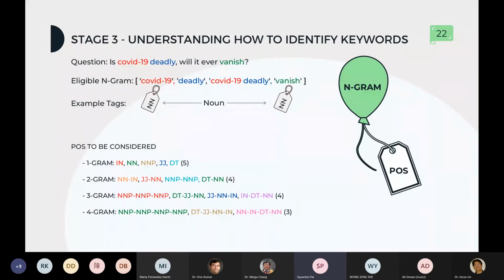For that, remember I told you to remember table 3 from stage 2, which contained the POS. We have to identify which would be the eligible POS. For example, from common sense we know that nouns and adjectives are very vital and may be very significant. But we have to prove somehow that they are actually significant and would be the keywords. For that, the POS that I have considered are these ones that you can see on the screen. And there is a reason why I've considered only these and not all.